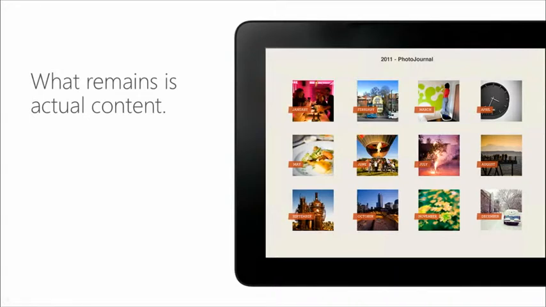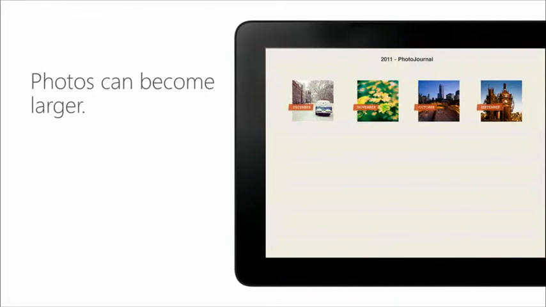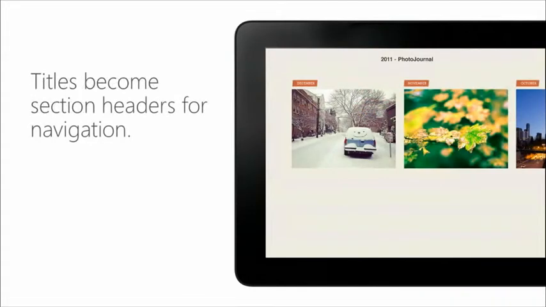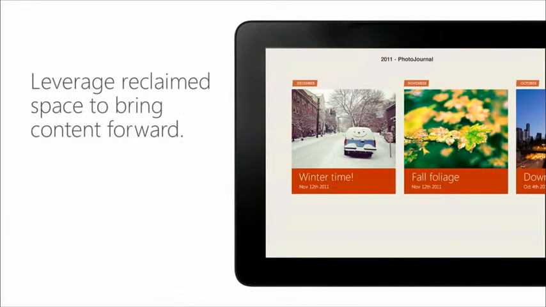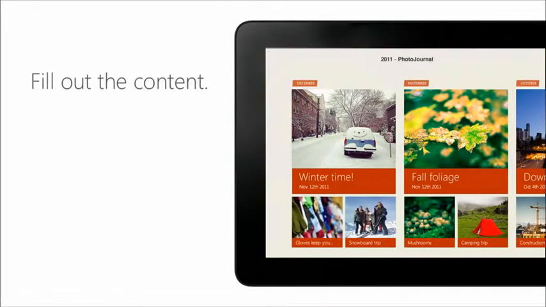And when we remove all those other elements, those other distractions, we're freeing up pixels that we can really dedicate to the great content in the app or the great scenarios that we have in our app. So we can make the photos larger, right? We can take those titles, and rather than just making them titles, we can make them navigational elements and make those navigable themselves, right? We can bring the content forward, like the titles of the photos and when they were taken, right? We can fill out more content and use size and position to create a little bit of visual interest,